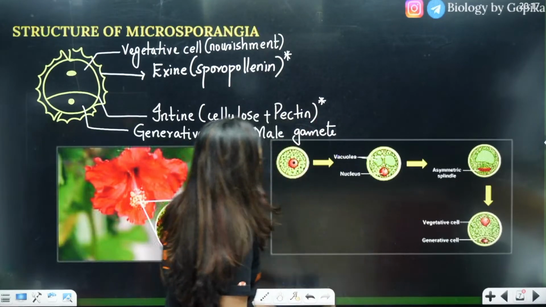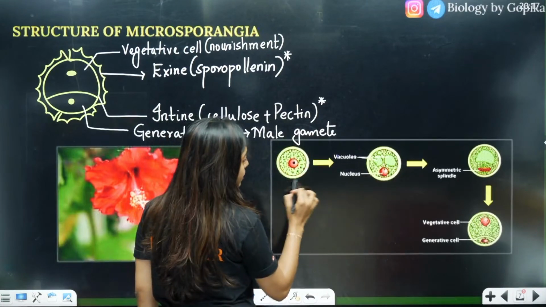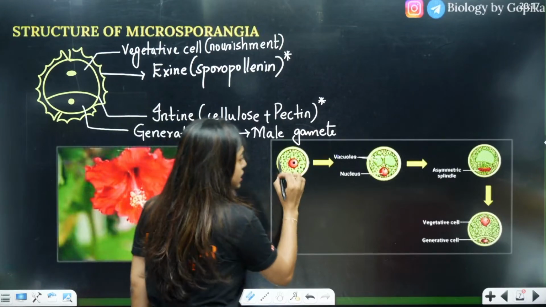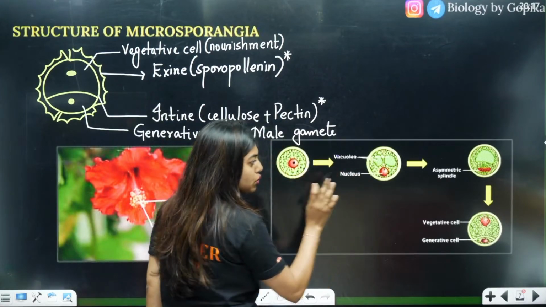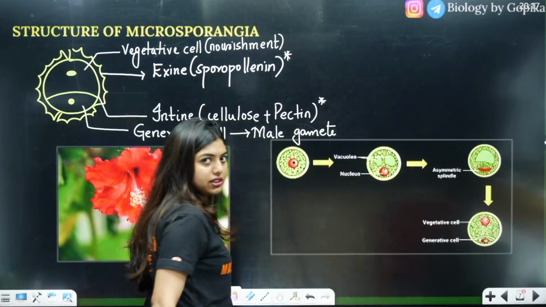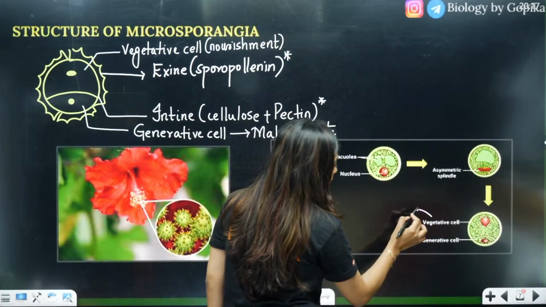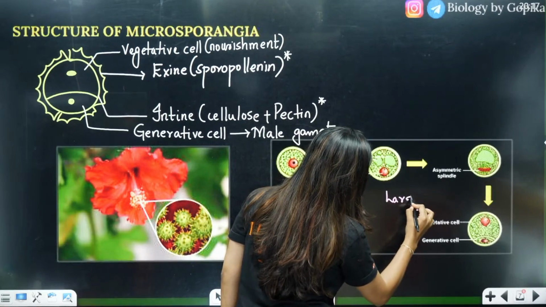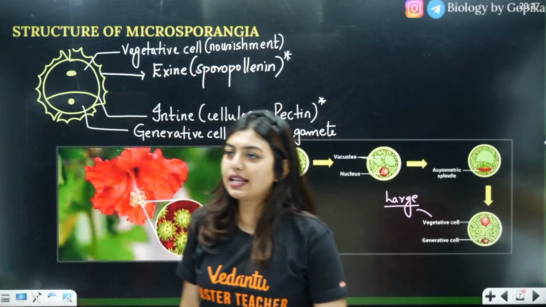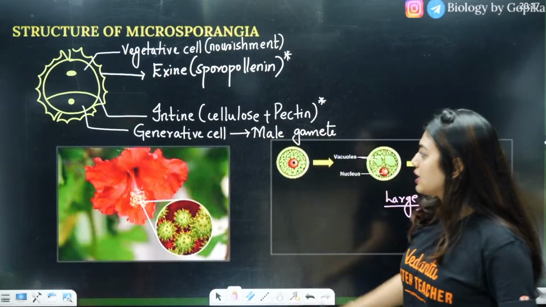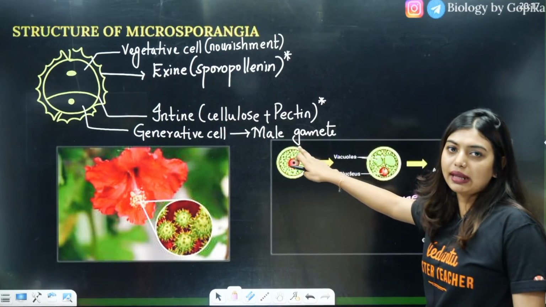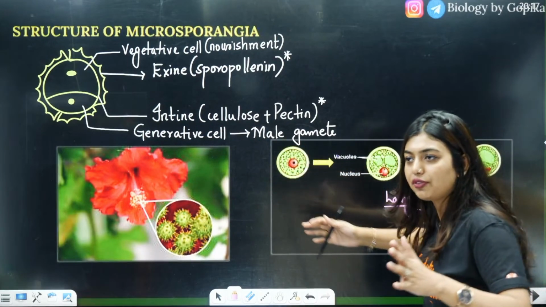Now, look here, this is the diagram given in your NCERT. You can see here, again, vacuolization and all happens. Vacuoles will be formed, nucleus will be formed, and an asymmetrical cell will be formed. Then your vegetative and generative cells will be formed. In that, the vegetative cell is the larger cell and the generative cell is the Kuti cell. Yes, now all of you got it right. Very good. So the pollen grain becomes the male gametophyte. This is going to form the male gamete. Clear? Can we move further?